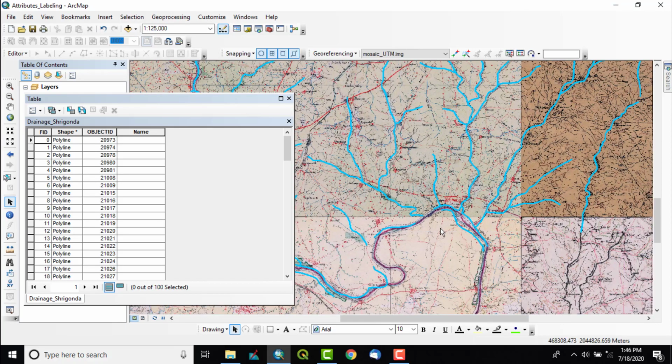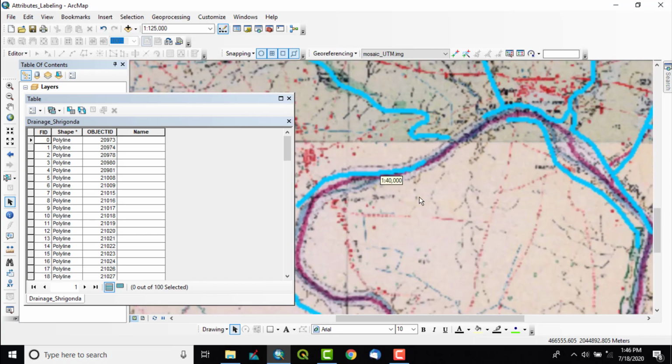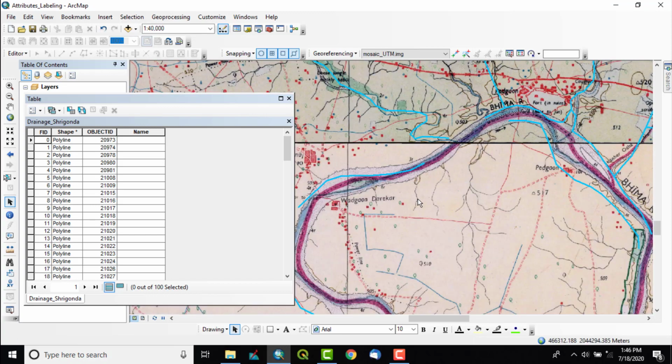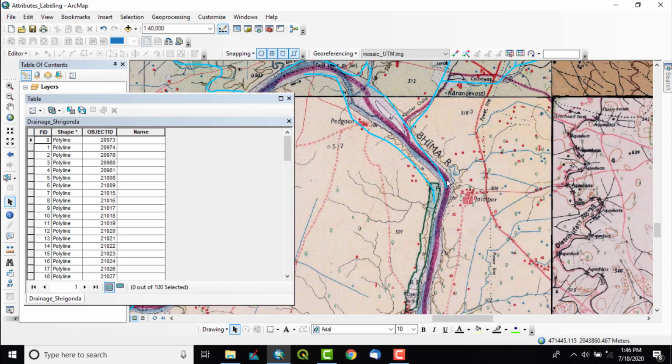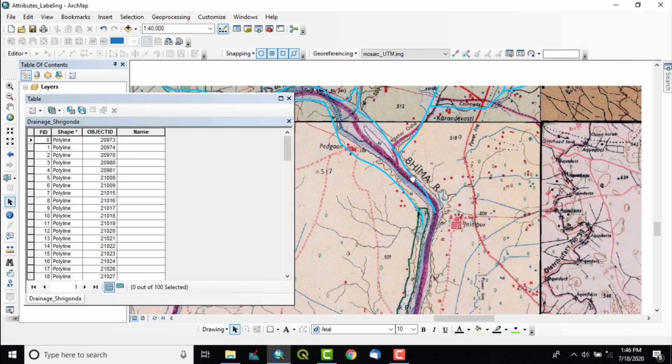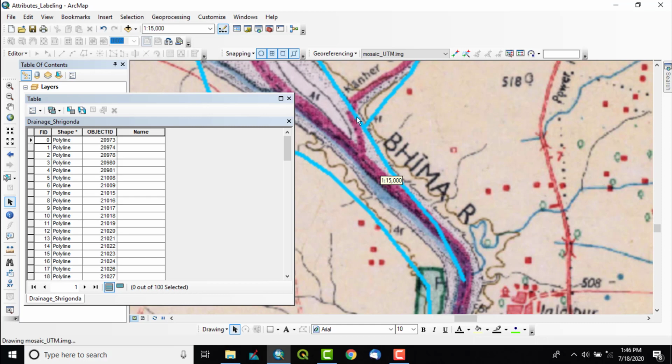So for example, this Bhima river is written over here.